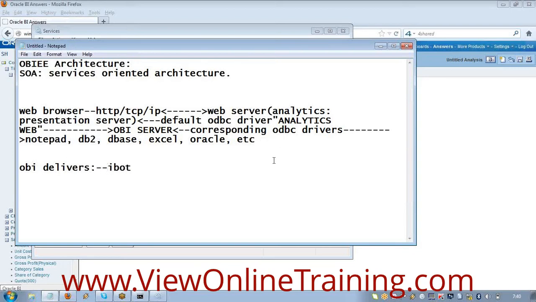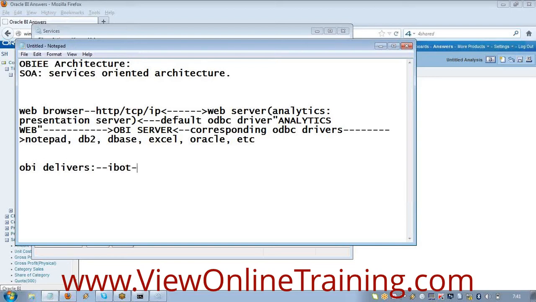When your scheduler server is configured and it starts, there is a mechanism called delivery. What is delivery? Delivering the content to a specific user or specific recipient. Is it courier delivery or parcel delivery, right? Similarly, Oracle BI Delivers will be started. In that you have an agent called iBot. We have a postman who gives us the letters, but in the current scenario, we never hear of any postman. Everything is internet and emails, only telecommunication, only cellular phones.